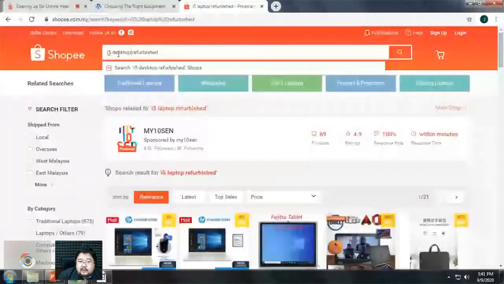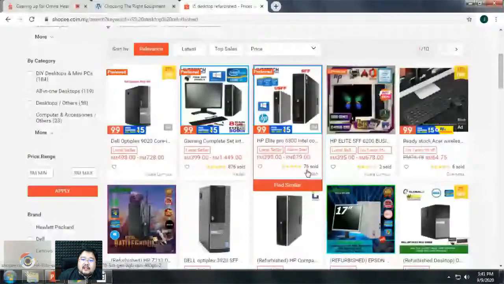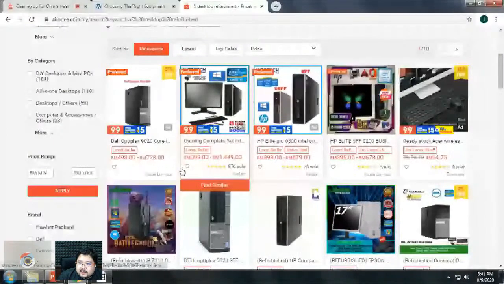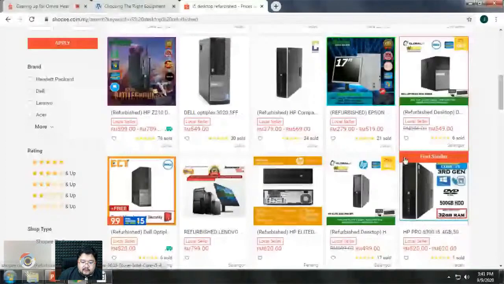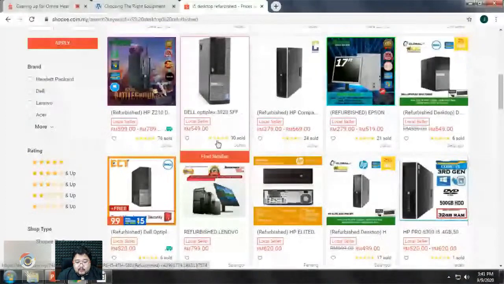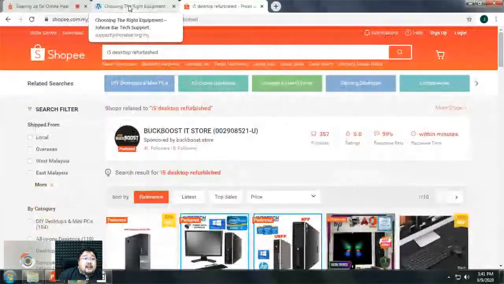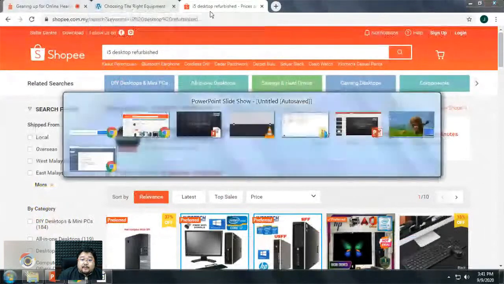They go down to, sometimes a whole set will cost you just 600 ringgit. They'll give you a keyboard, mouse, and a monitor, like the one we bought for the Johobah. I think it was about 700 ringgit all in. So these usually come with 3-month warranties, whatnot. The computer that I'm using now for the past 6 years was a refurbished one, no issues. Just have to clean the dust once in a while. So that's that.